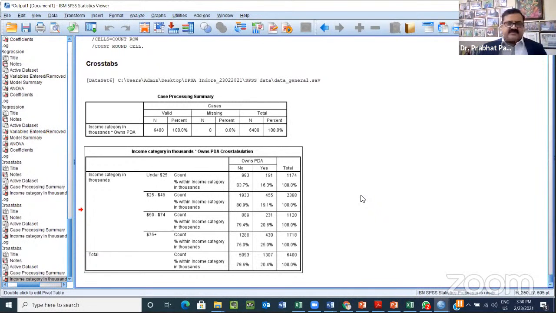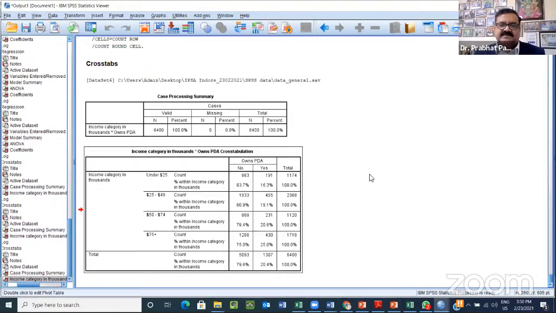So can we say that, yes, income is the main factor affecting the purchase of PDA as a researcher? Yeah, there may be a direct relationship. Or do you think that there is a direct relationship? Maybe. Of course, yes, maybe. It has to be maybe. You cannot just say as a researcher that there is. Why is it maybe? Because it's a sample. I have not gone for inferential testing, right? Unless I do the inferential testing, I cannot be sure.